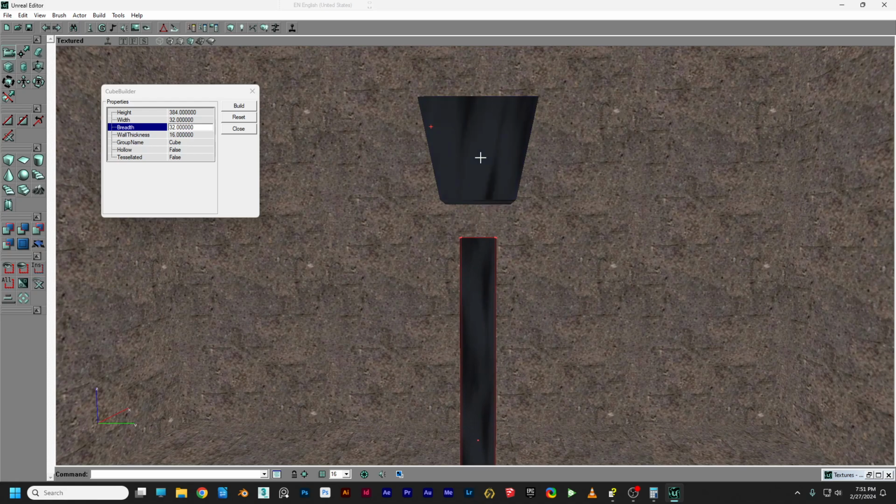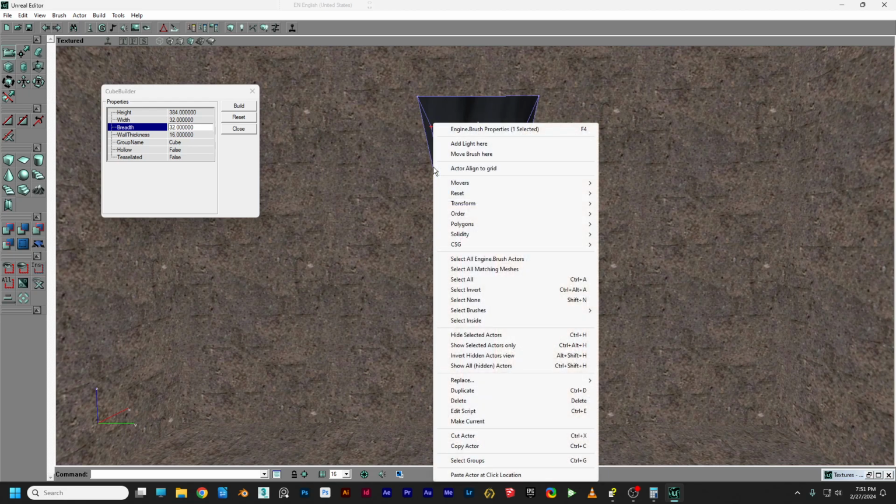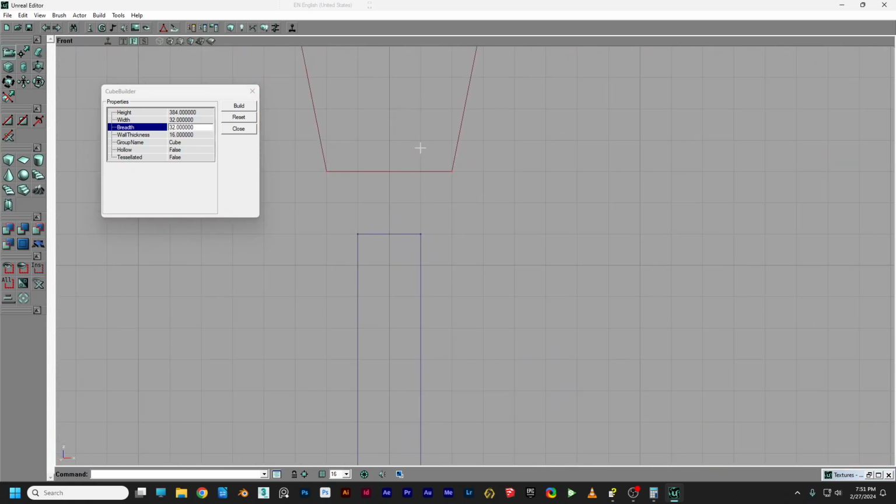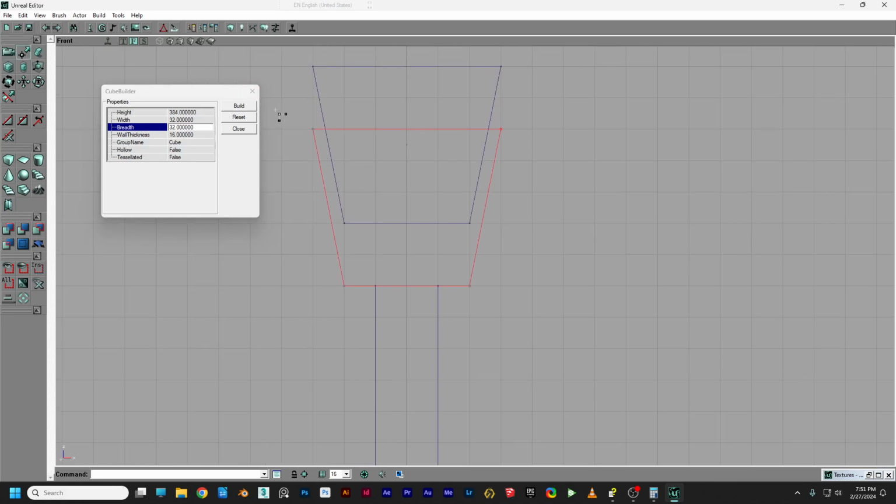Well, let's shift, left click, right click on the brush, and say polygons to brush. So now the builder brush conforms to that shape. I'm going to drag this down, go back to our vertex editor, Alt Control, left click, drag, bring it down,